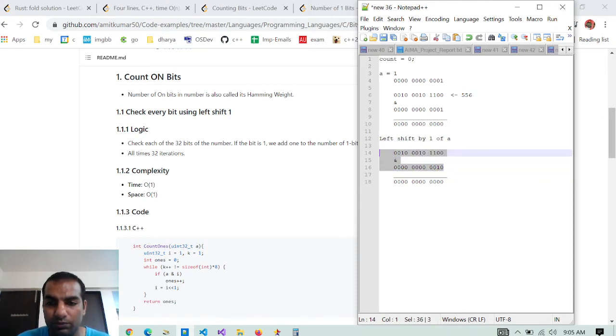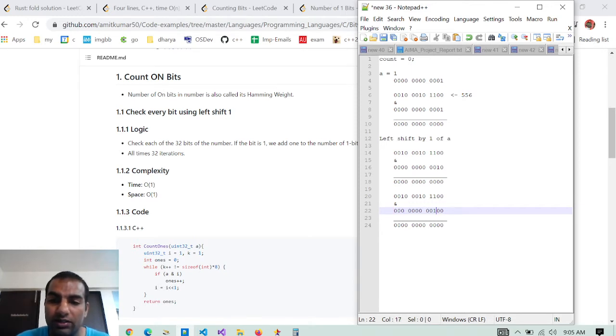On left shift, this bit will be dropped and we'll place a 0 bit here. Now in this case we see that whenever a 1 is there in the incoming number whose bits we want to calculate, and the 1 comes below that, 1 and 1 becomes 1.